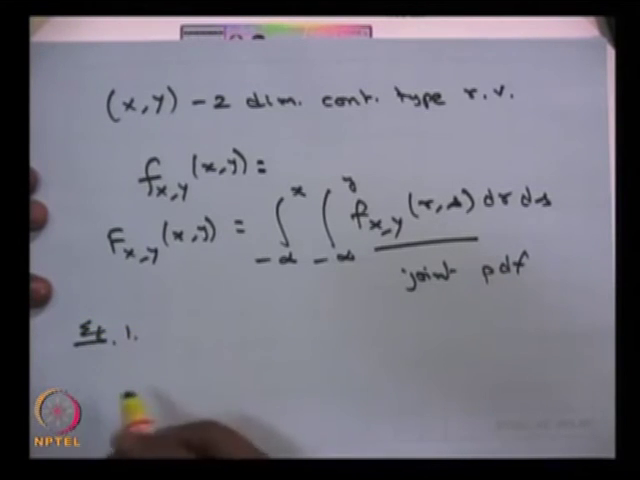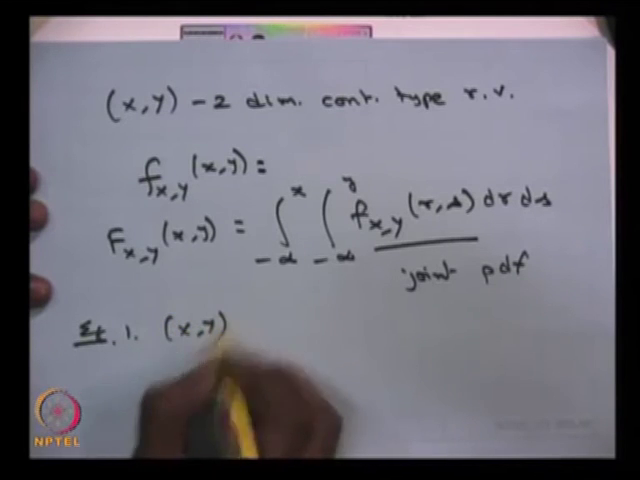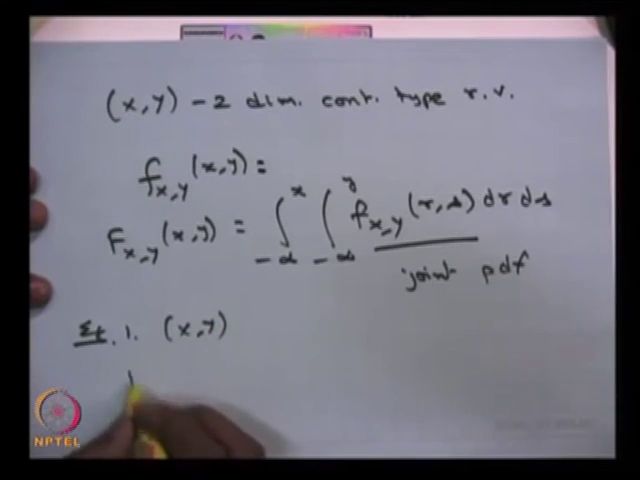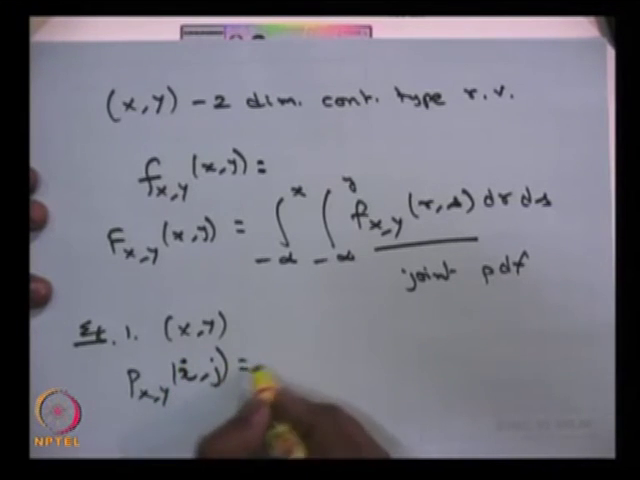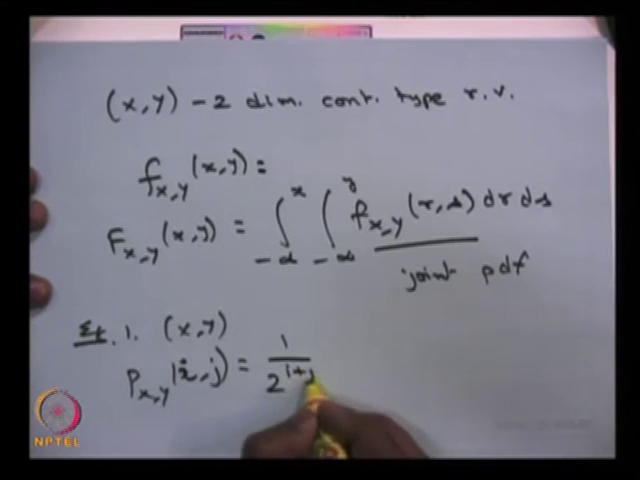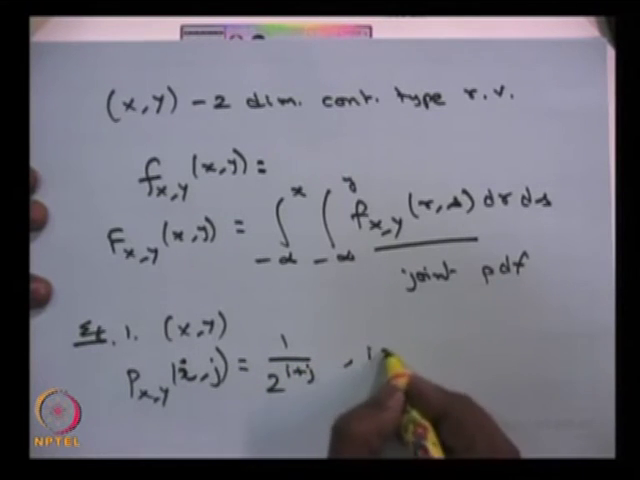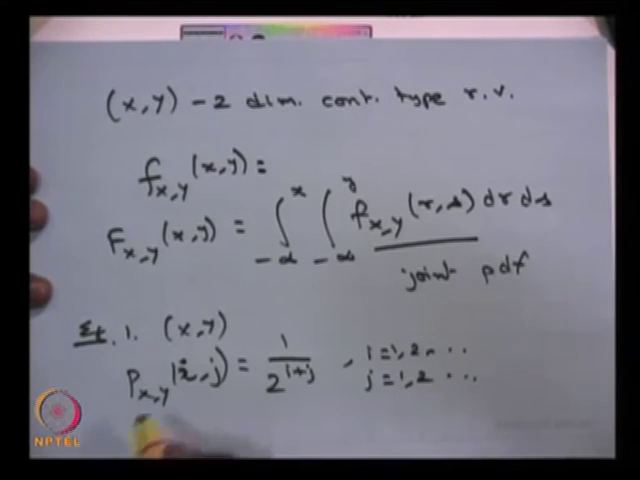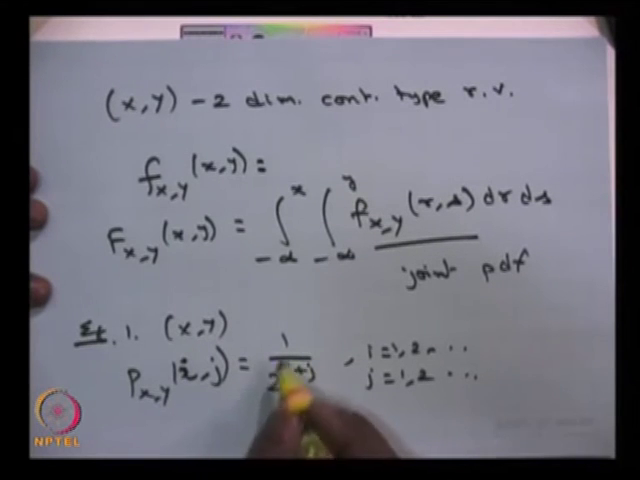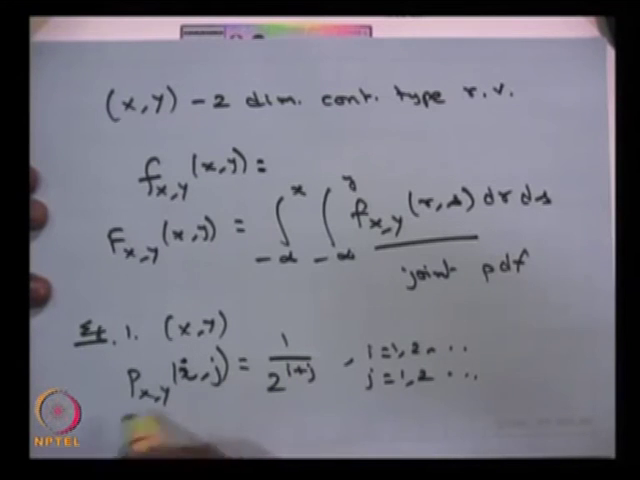In example 1, suppose both random variables x comma y are of discrete type, then I can give one simple example: p of i comma j is equal to 1 divided by 2 power i plus j, for i belonging to 1, 2 and so on, and j can take the values 1, 2 and so on, and this is going to be the joint probability mass function for a two-dimensional discrete type random variable. If you make the summation over i and summation over j, then that is going to be 1, and you can get by summing it over only